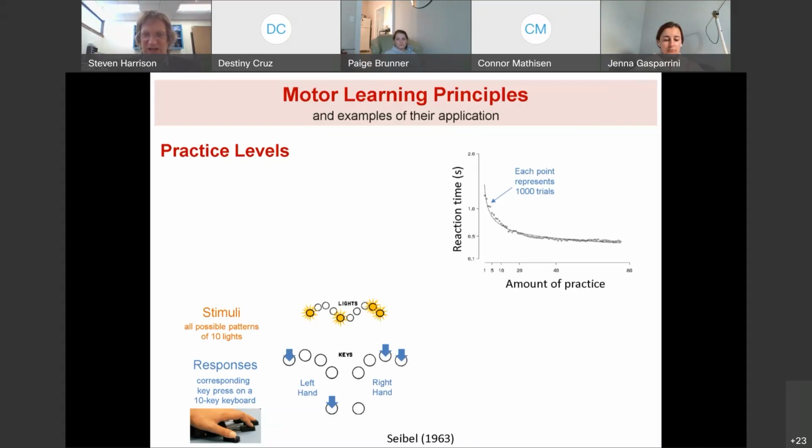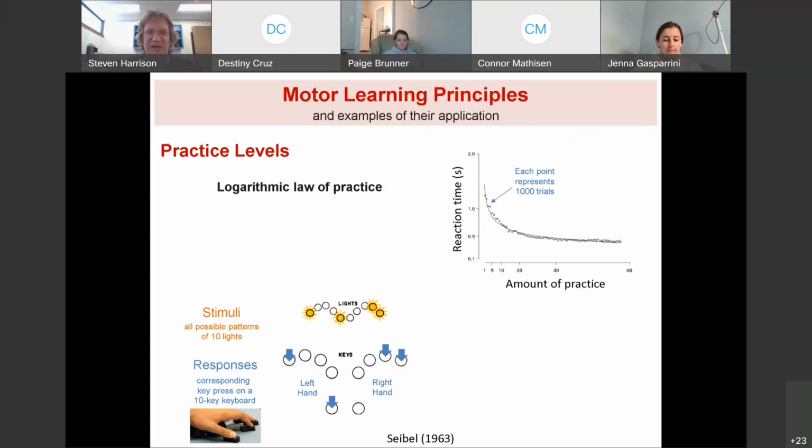So light come on, press. Light come on, press. I mean, it's a pretty fast turnaround. Okay, so one of the things that we can take away from this type of experiment is